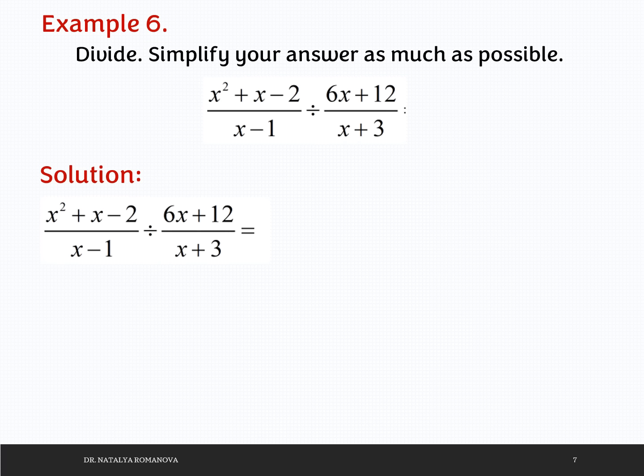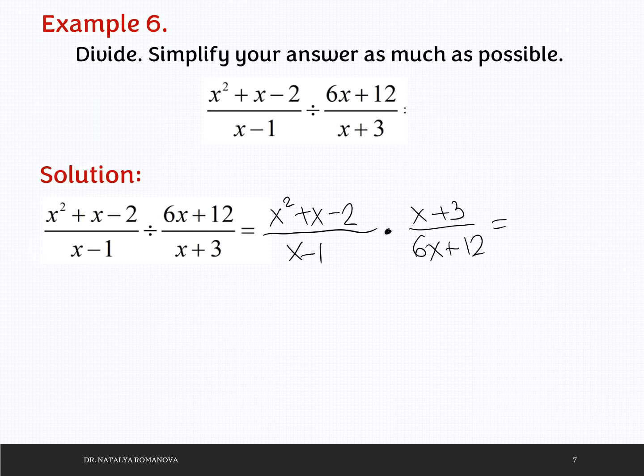Example 6. We have to divide and simplify our rational expression. We have (x squared plus x minus 2) over (x minus 1), and we have to multiply by the reciprocal of (6x plus 12) over (x plus 3), so it will be (x plus 3) over (6x plus 12). Now we use our golden rule. We have to factor the numerator and denominator. The factored numerator would be (x plus 2) times (x minus 1). We keep the last factor (x plus 3) divided by